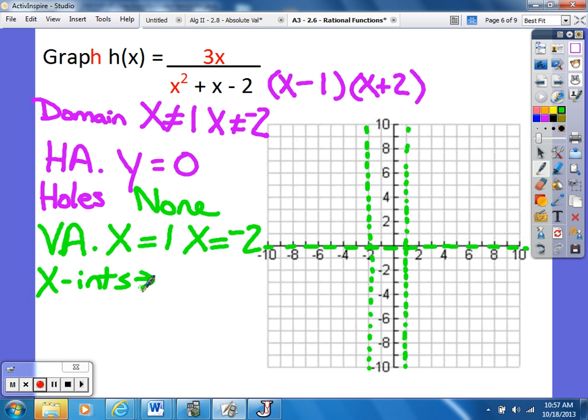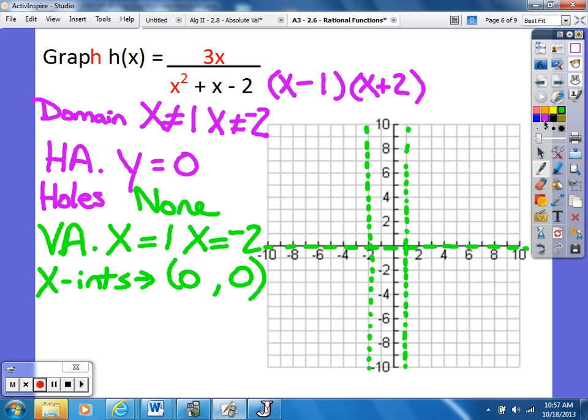Set the top equal to 0. So I'm finding the x-intercepts. That means y is 0, right? What? Say what you said. X would be 0 too, yeah. Okay. Now,